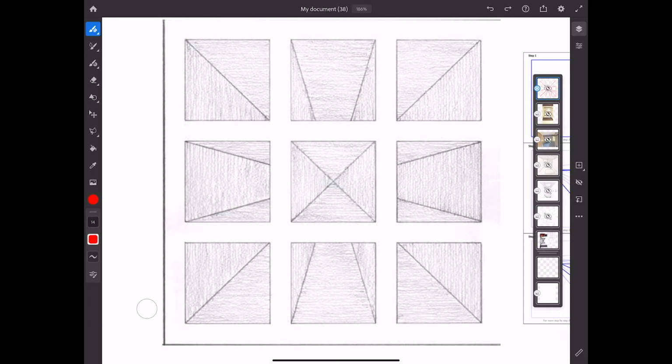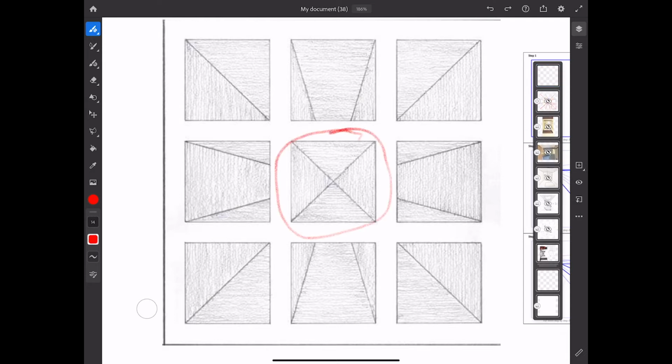In this one, it looks like we're staring straight on to the box. In this one, it feels like we're looking into a hole from the left side and it's radiating inward. Same here, but opposite. This one we're looking up at something and it looks like it's coming down into space like so. So we're changing our perspective here just by measuring and using the way the lines are radiating outward